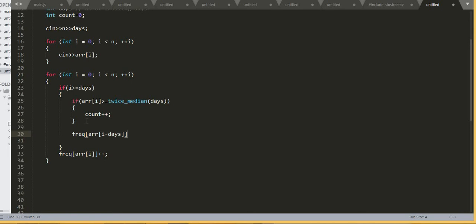So like if the trailing period is 5, and the element at which we are now is, let's say, 10, so we want only 5 to 10. We don't want the earlier 5.